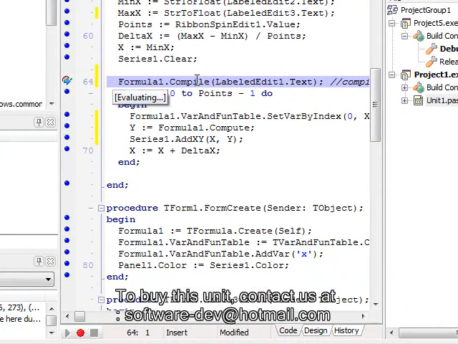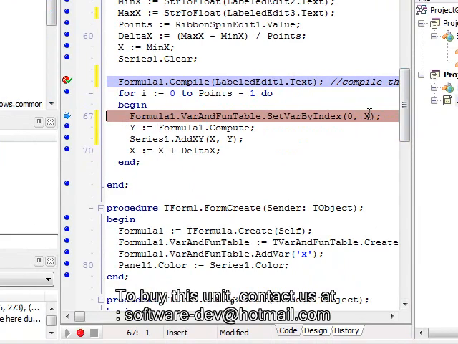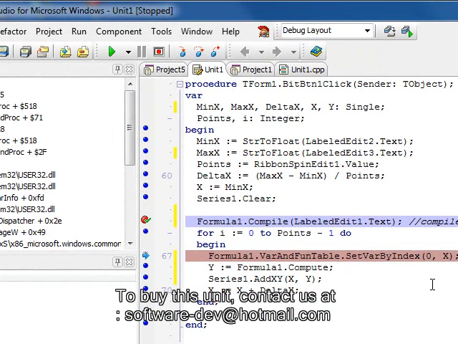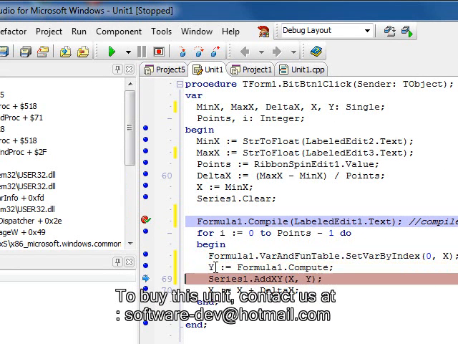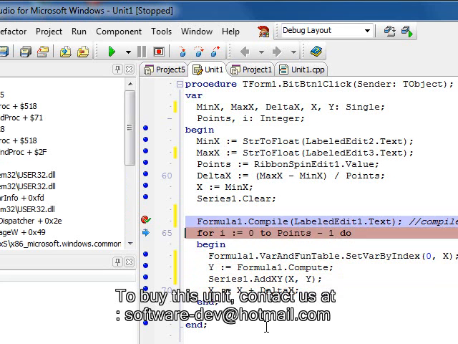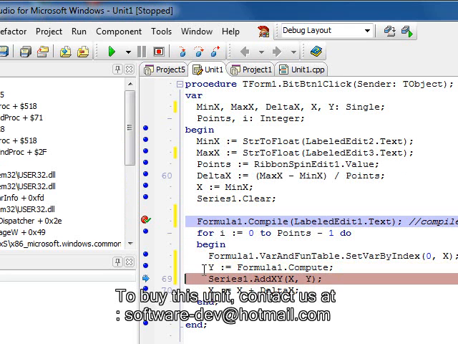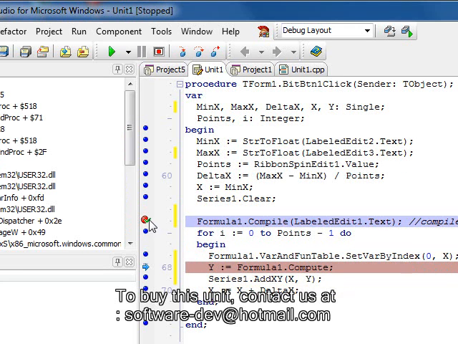We compiled it, and now we have the variable x, which holds the value 0, and we assign it to the variable inside the table of variables, and we get the new results. And every time we change the value of the variable x, the result changes, and we continue until